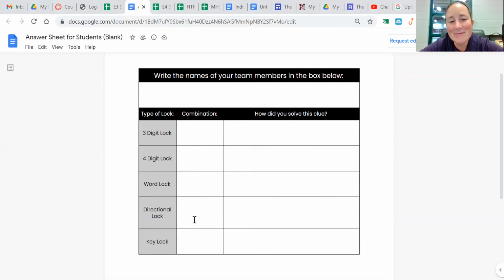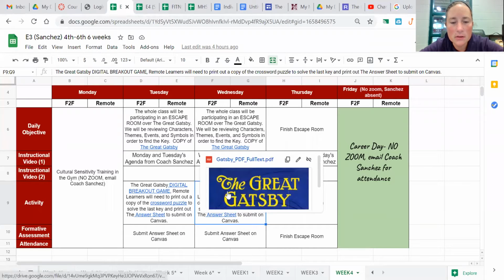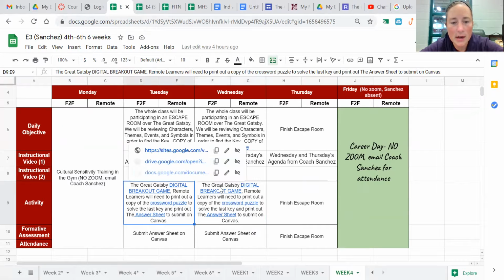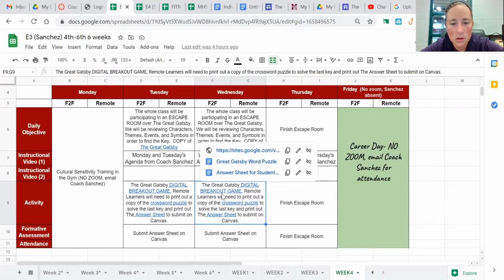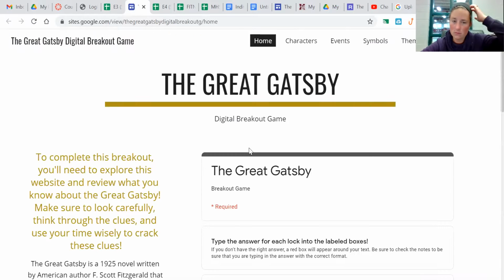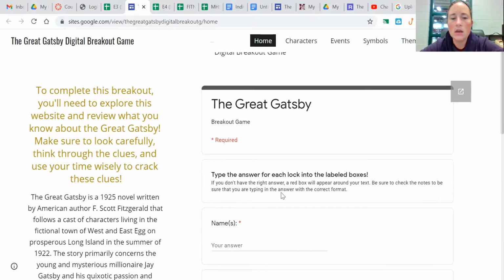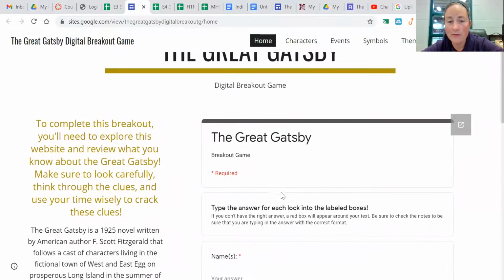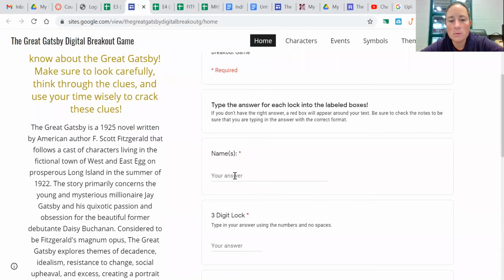Please submit a copy of this by taking a picture or writing it yourself. All right. Let me go ahead and exit out of that. So once you print that out, you need to go to the digital breakout game, which is this first link. Okay, this is where you will find all your clues. This is basically what you're working off of. This first page is where you will submit your answers digitally. Put your name,